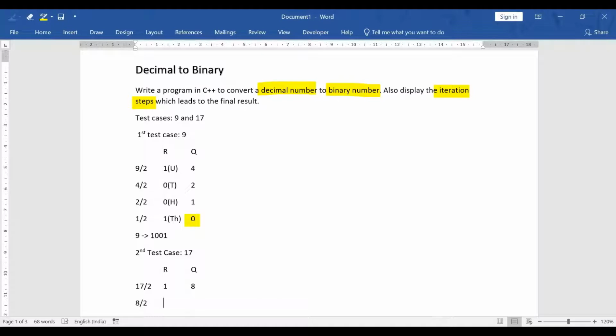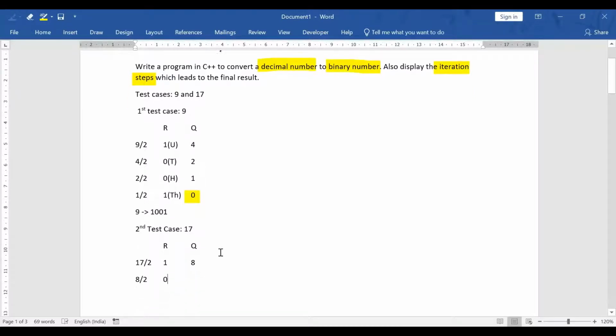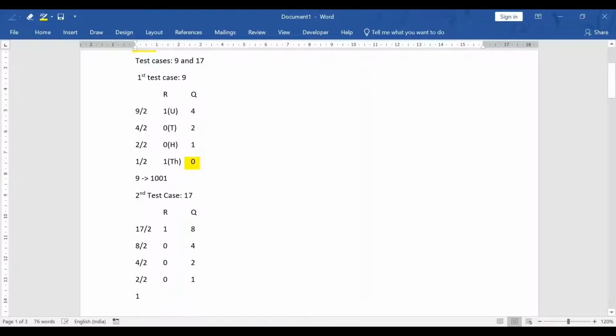So 8 divided by 2 gives a remainder of 0 and a quotient of 4. So 4 by 2 gives a remainder of 0 and a quotient of 2. Then 2 divided by 2 gives a remainder of 0 and a quotient of 1, and when 1 gets divided